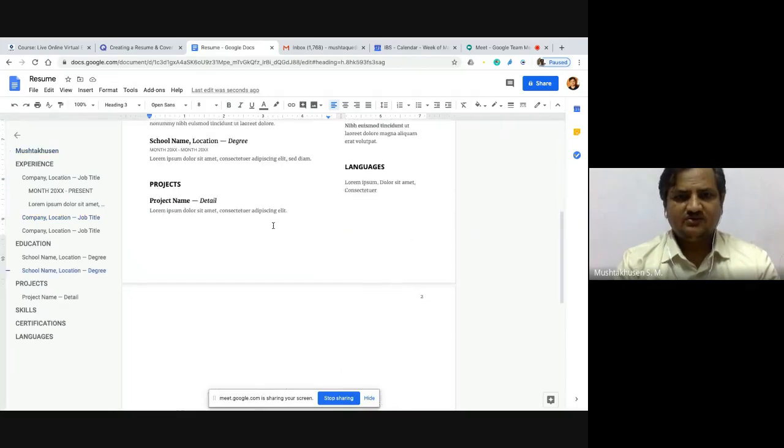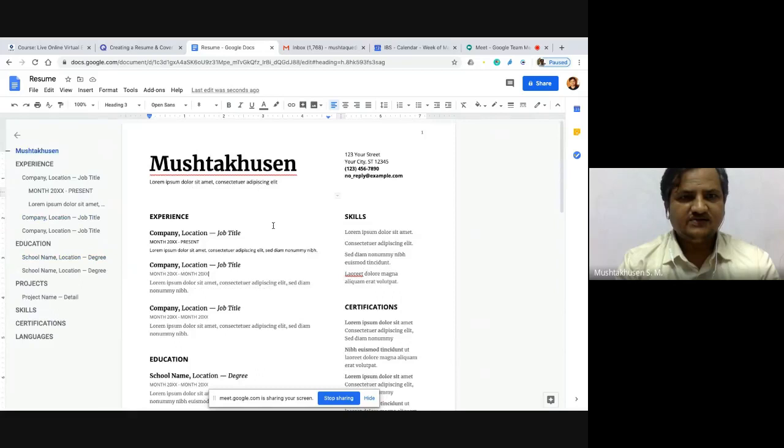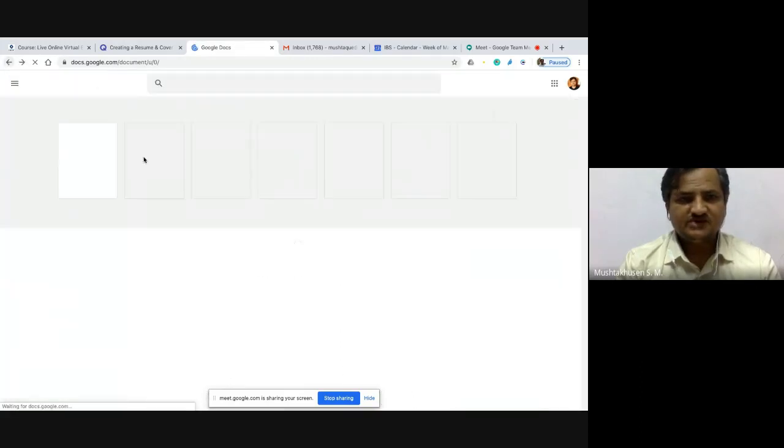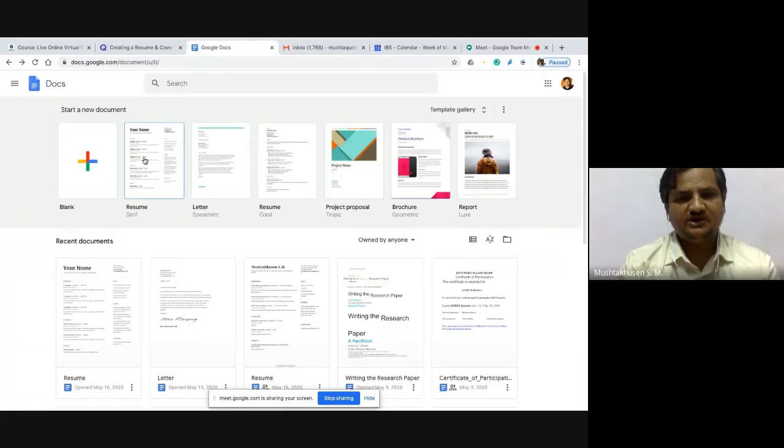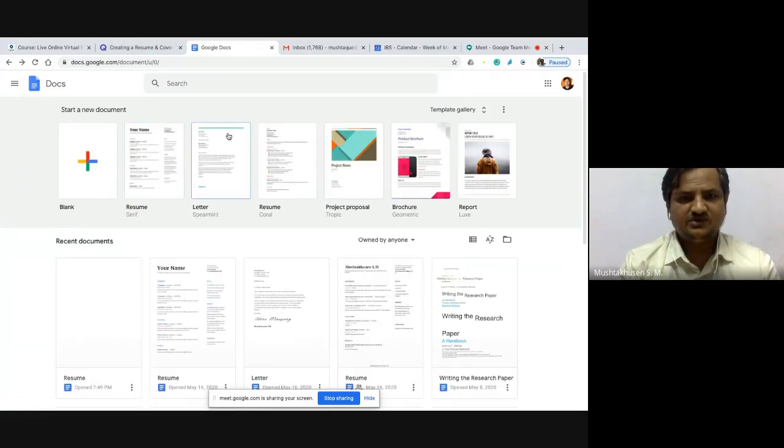Okay, now once this is done, then we shall go to cover letter. So let me take you to cover letter now. It will be automatically saved, so you need not save it. Or if you want to create a folder, you can create a folder and you can save over there.